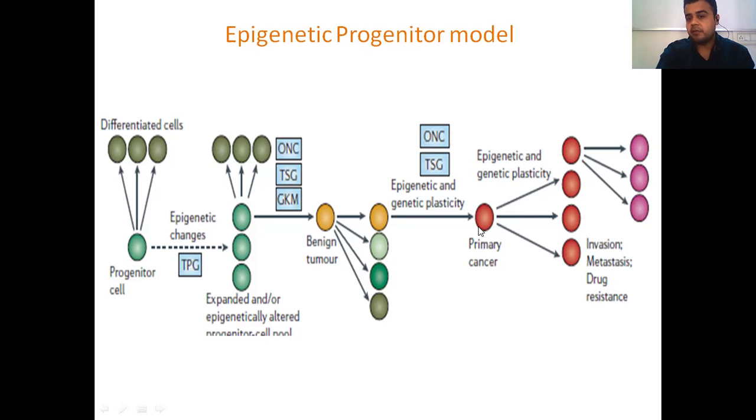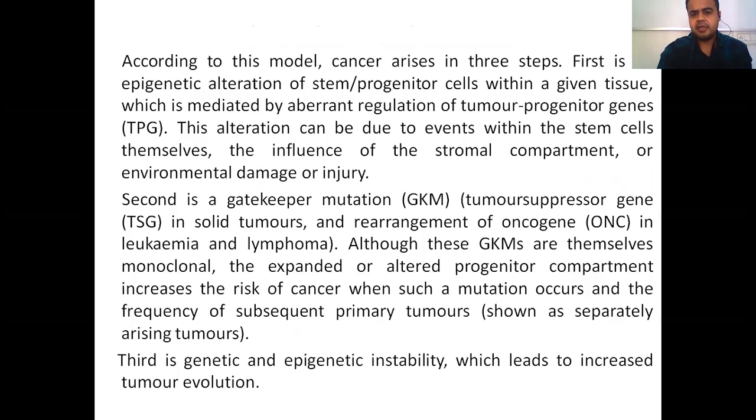So it will take some time, it will develop into a tumor at the local site, and then it will spread to other parts of the body. This is what we call the epigenetic progenitor model. It refers to the differentiated progenitor stem cells, which are responsible for the formation of so many other cells, leading to this kind of cancer. Epigenetic changes, like methylation or post-translational modification, can lead to this kind of cancer. Okay, so now we understand the same thing in the theoretical world.